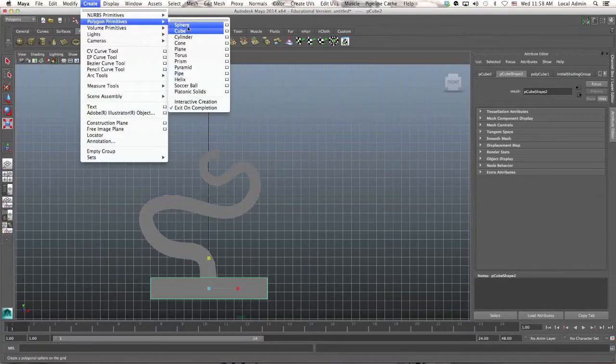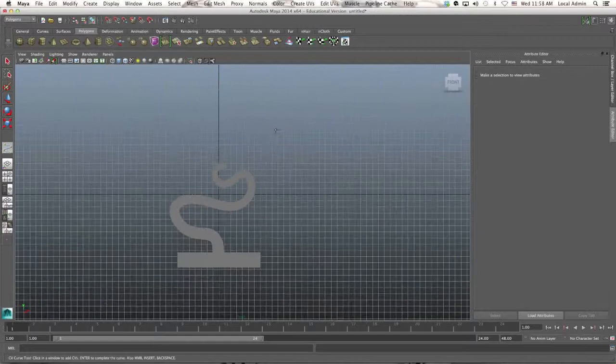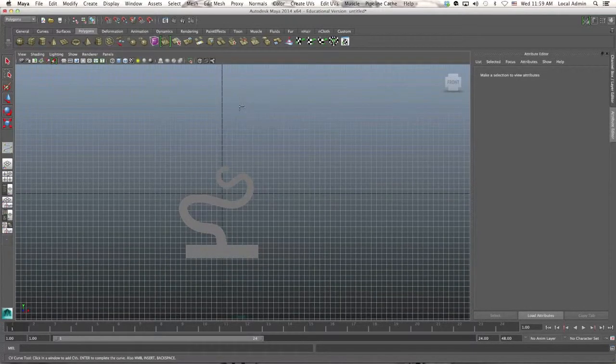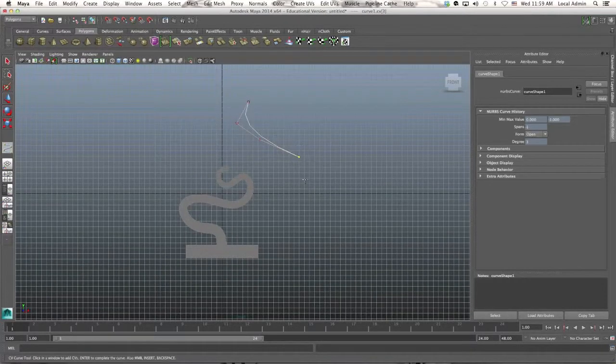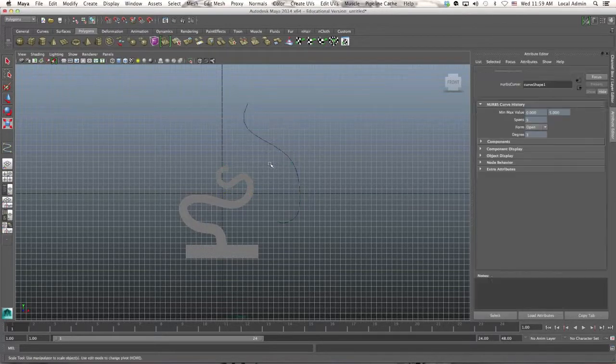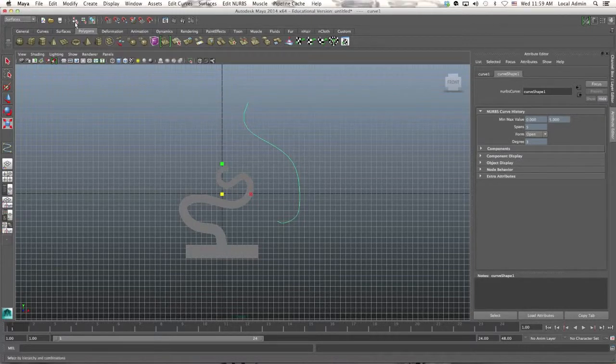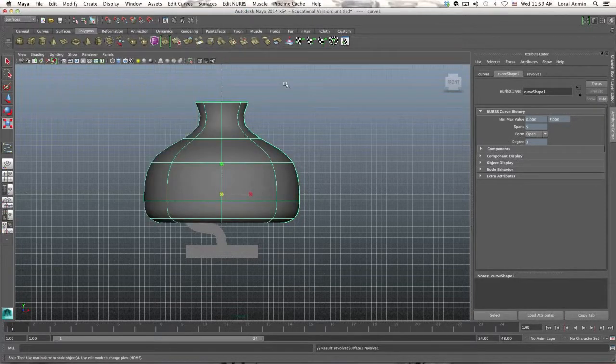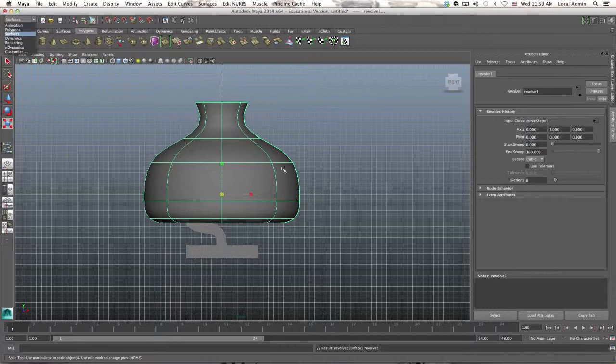CV curve tool. I'm just going to put a lamp shade that starts here and kind of tapers around a little bit to there. And then I'm going to select that curve, and under Surfaces I'm going to go Surfaces, Revolve, and